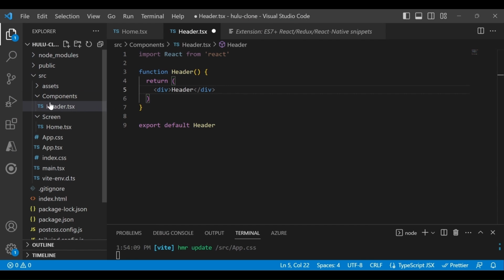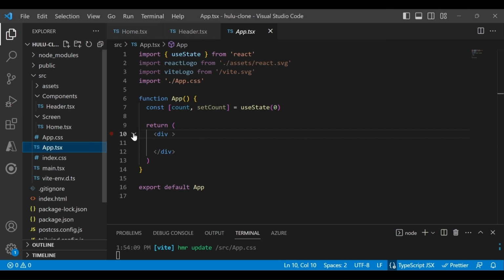Now the important thing is it depends on how you want to structure it. It's better to structure with folders and files. So right now I will put all my components in the components folder and all my screens in the screen folder, or you can create a subfolder for each screen's components and put them there. Okay, it's up to you. So right now I was able to create these two files.